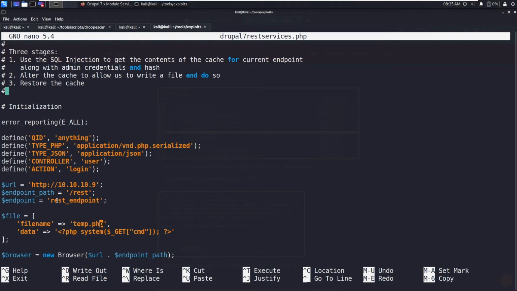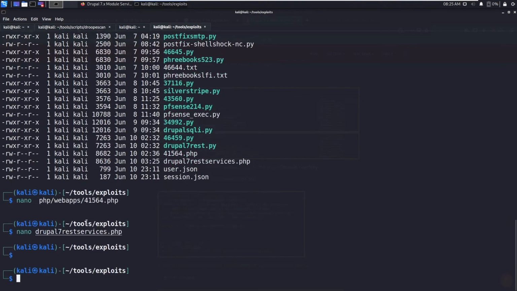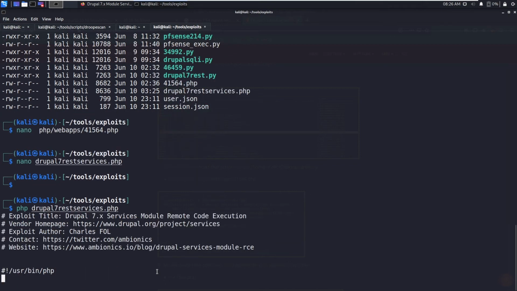And the next one is the file name. Let me save this as text69.php, and the data you are going to send is system($_GET['cmd']). Basically this would be some eval function. You need to change to this one, so you can upload this file and execute code. So save this. I ran into some problems. You need to install the PHP code for this. After installing, run it like php, the Drupal 7 PHP file name. So run this.